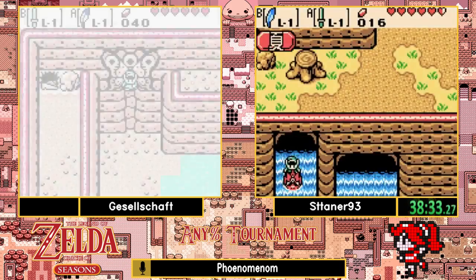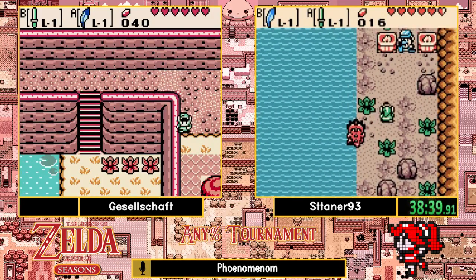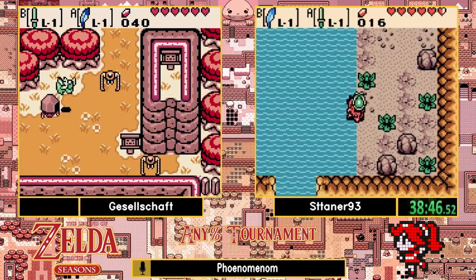Giselle cleaning up on Mafula and heading on now towards Dungeon 4. Stanner right here gonna pick up the flippers. And again,